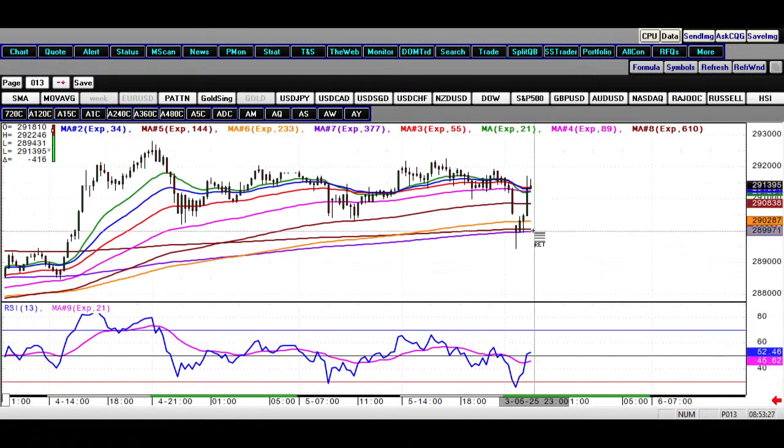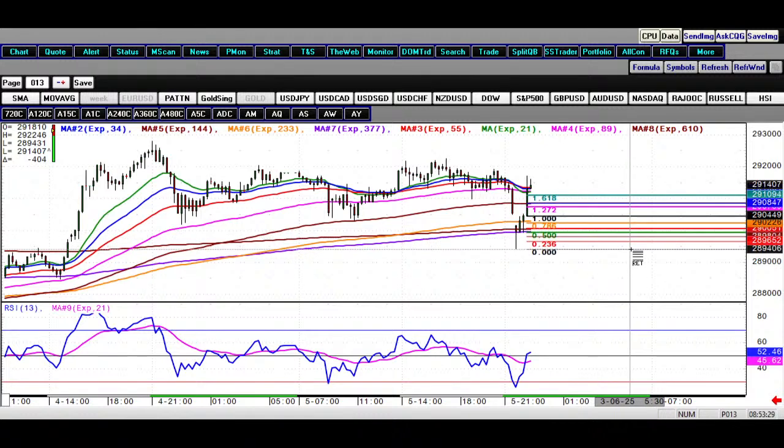Then the most likely entry point would be 8 half or 10 half. These are the two levels of entry. So we just have to wait. We cannot chase. We cannot get emotional. So we just have to see. If you really get it, we'll take it. Otherwise, it looks like today is not the day.